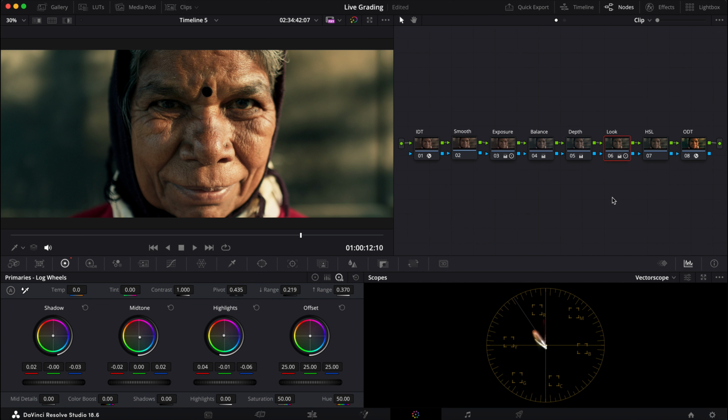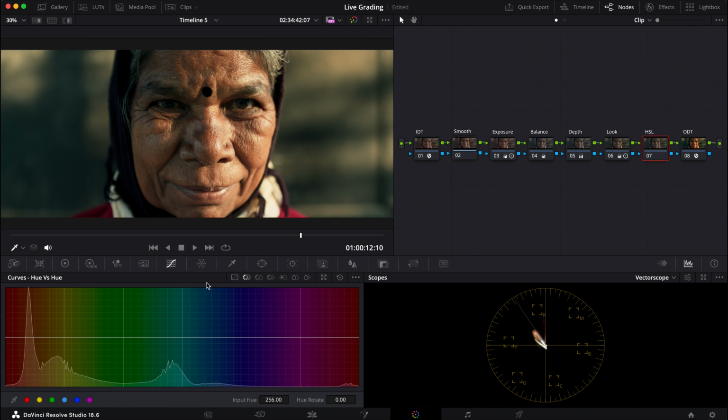So the next step is going to my HSL. Going to my hue versus hue. And play around with it. I want to bring the skin up like that. Not too much. Let me see what I can do with that background. Yeah, I'm liking that we're pushing a bit of a blue here instead of the green. Yeah. Then in my hue versus sat,